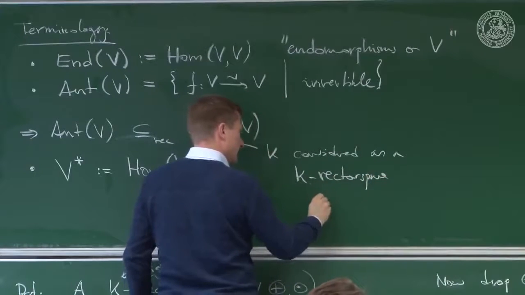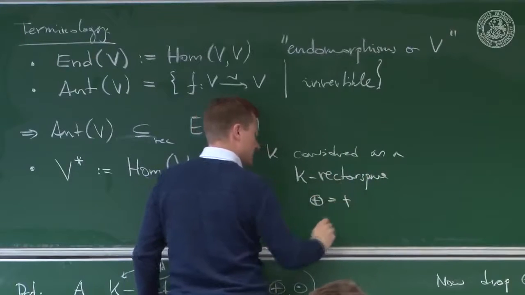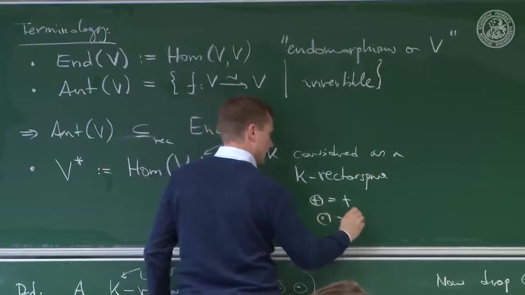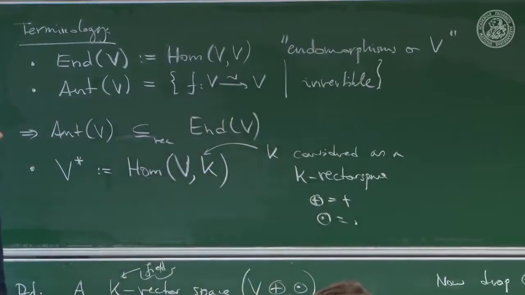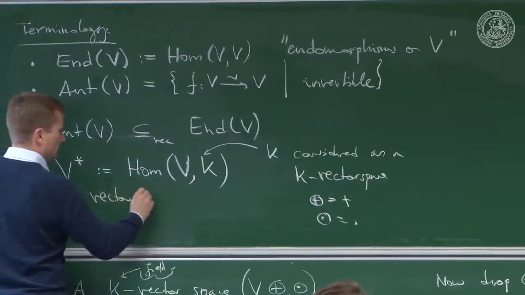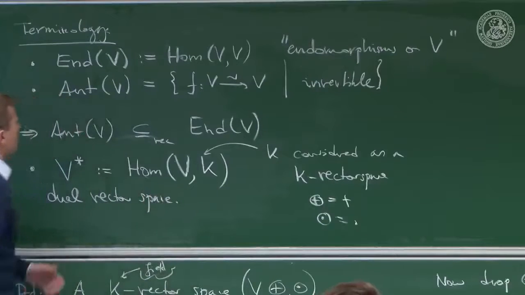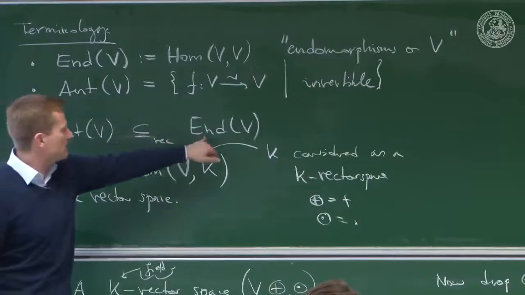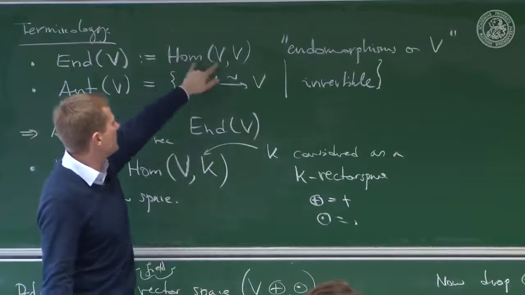And roughly speaking, the addition on the vector space is the addition on K, and the scalar multiplication on the vector space is the multiplication on K. Okay, and this is called the dual vector space. And again, because Aut lies in End, and End is a special case of Hom,